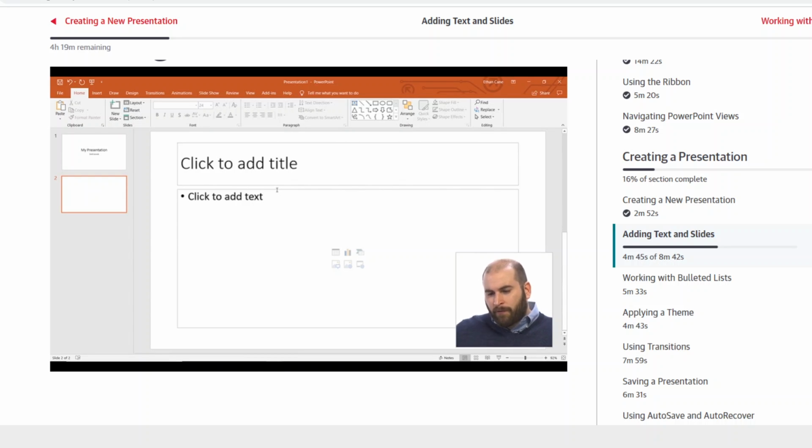And when you hover your cursor over the edge of that placeholder, it should change to a cursor with arrows pointing in all directions, up, down, left, and right. When you see that, you can simply click on that line around the placeholder. And we'll see a few additional things. Well, one, the line itself changes from a dashed line to a solid line,